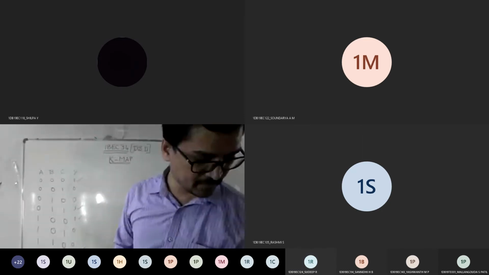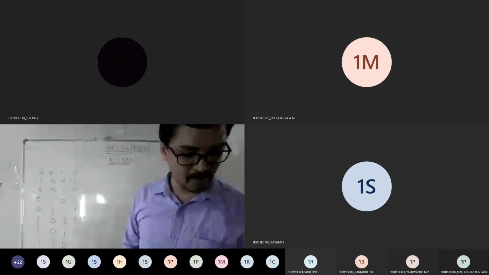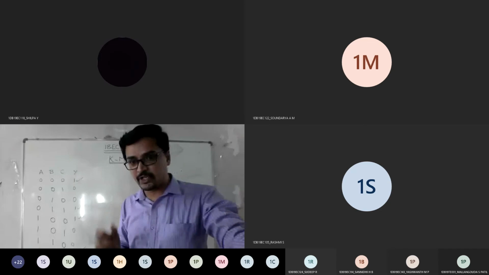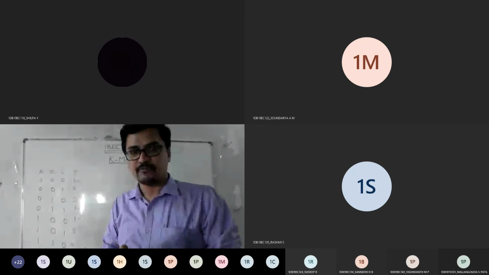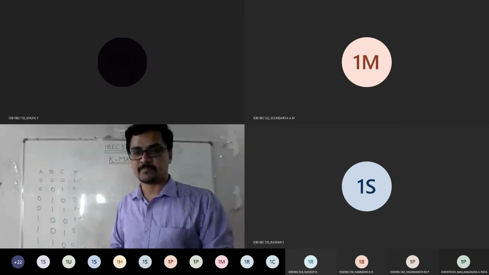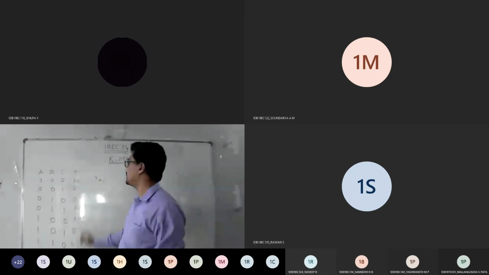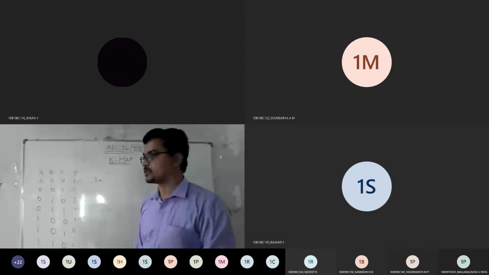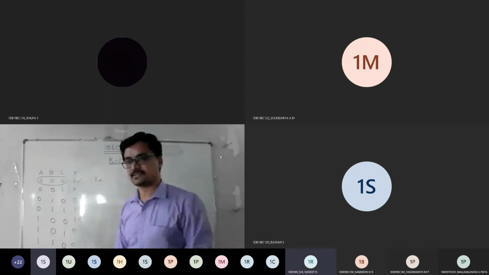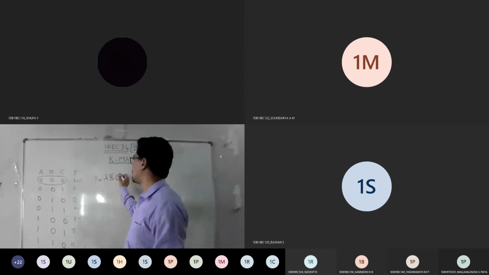So question you got, everyone? So this is the next type of your problem where instead of giving a Boolean expression, they will give you a truth table. From that truth table, you are supposed to build an expression. Tell me the expression now. This is minterm, right? So y equals to, where is 1? 1 is here. So how can I write this? A bar, B bar, C bar.